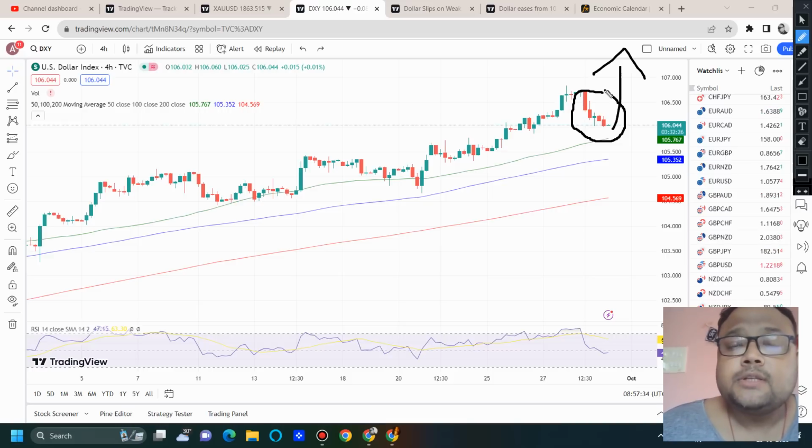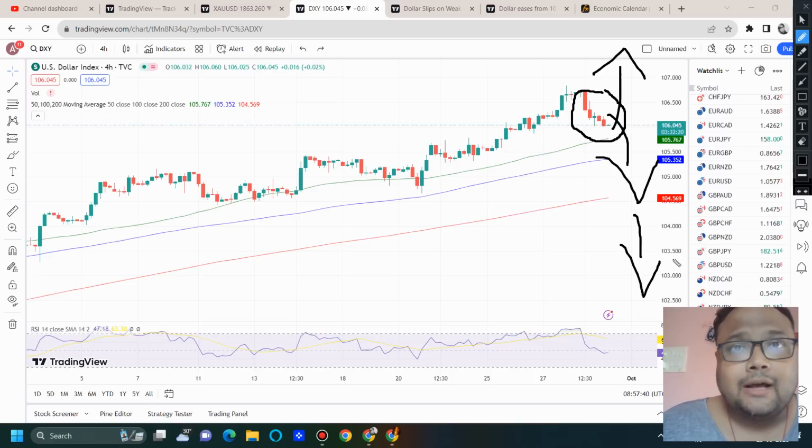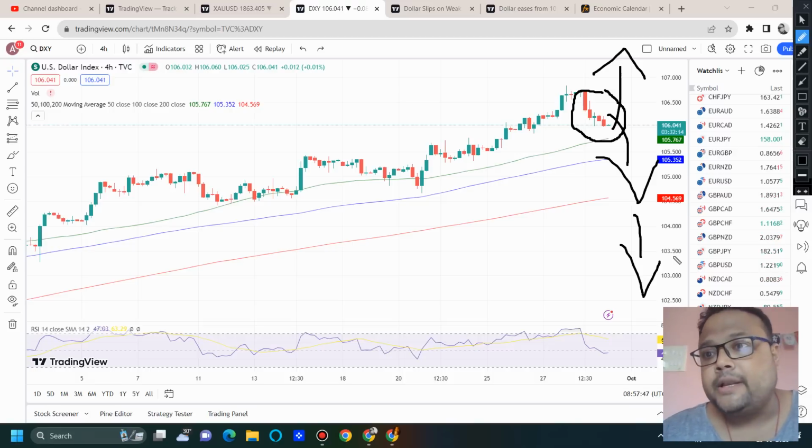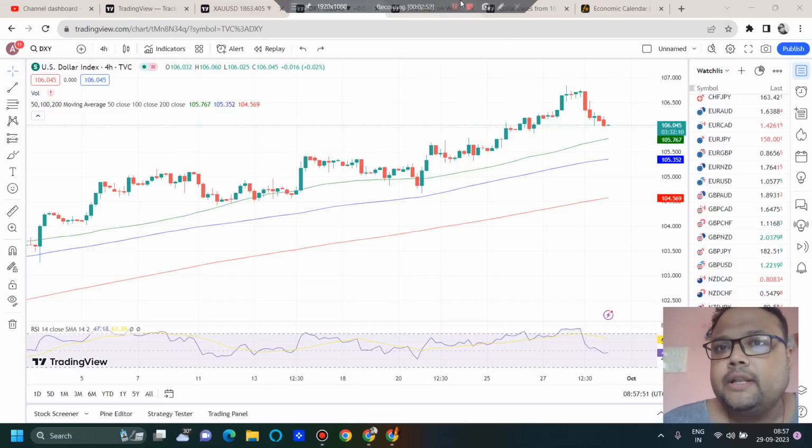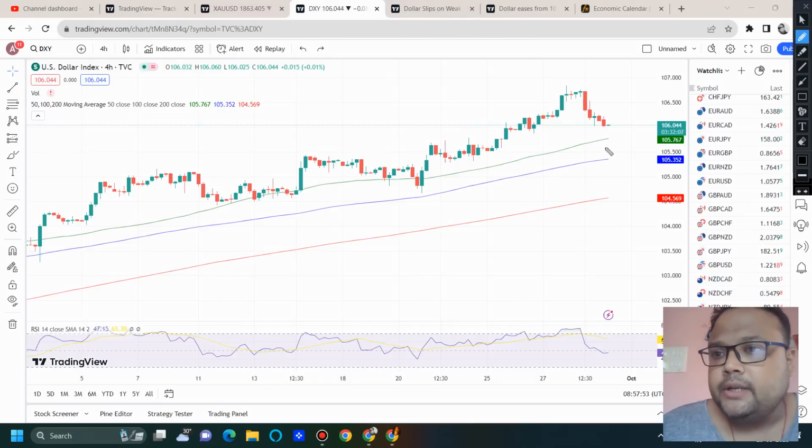A trend reversal will only come if a news comes out that is bad for US dollar, and that will push the market towards the downside. But in absence of any news, this will just be a retracement. Maybe a minor retracement, maybe a bigger retracement, but retracement. Okay. So during the day, if the retracement on DXY continues, we can expect